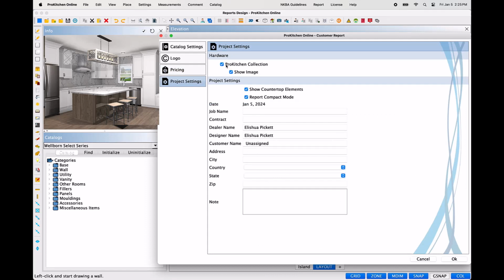With the Hardware Settings options, you may choose to show the hardware catalog and associated images or not, and you may also choose whether or not to show countertop elements or use Report Compact mode, which will create the shortest possible report when enabled. Once you have completed entering or editing the information you want generated to the report, select